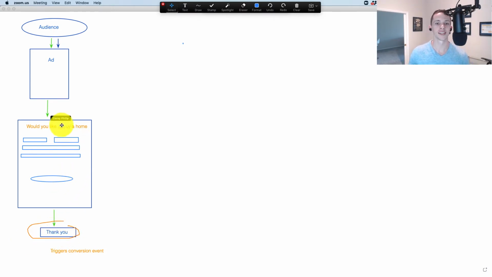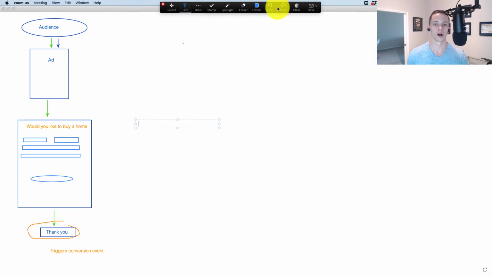So let's just say in this case, you are working to generate leads of home buyers, right? And it's, would you like to buy a home? And this is just rudimentary example text. And then they fill out their information, boom, lead capture, right? Well, let's chop this up a little bit. What if you ask the question on here, and this would be a different way of doing it,